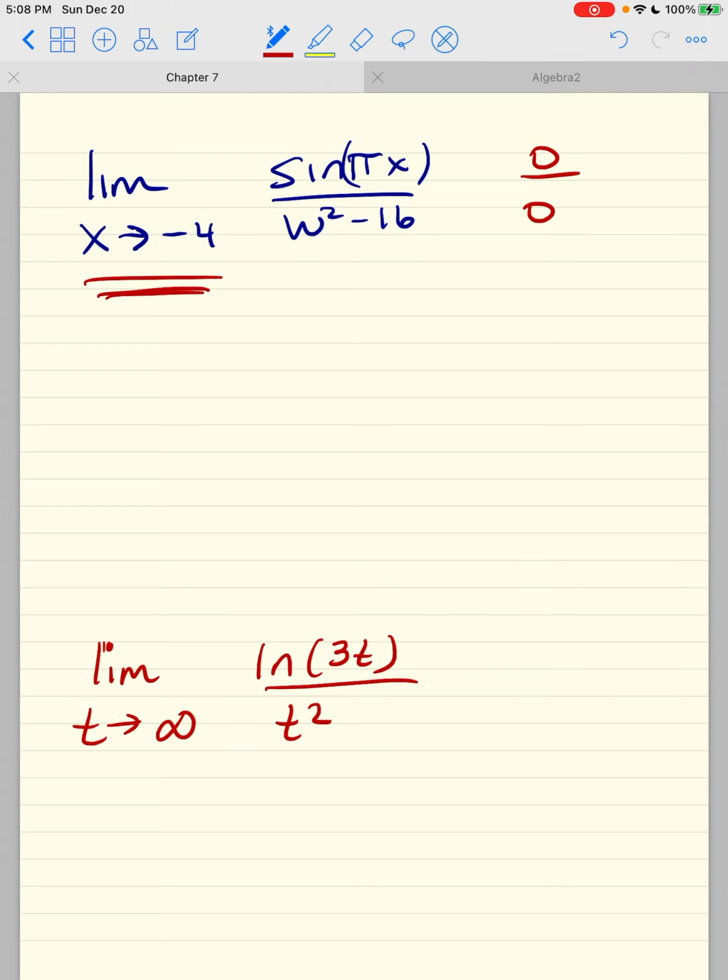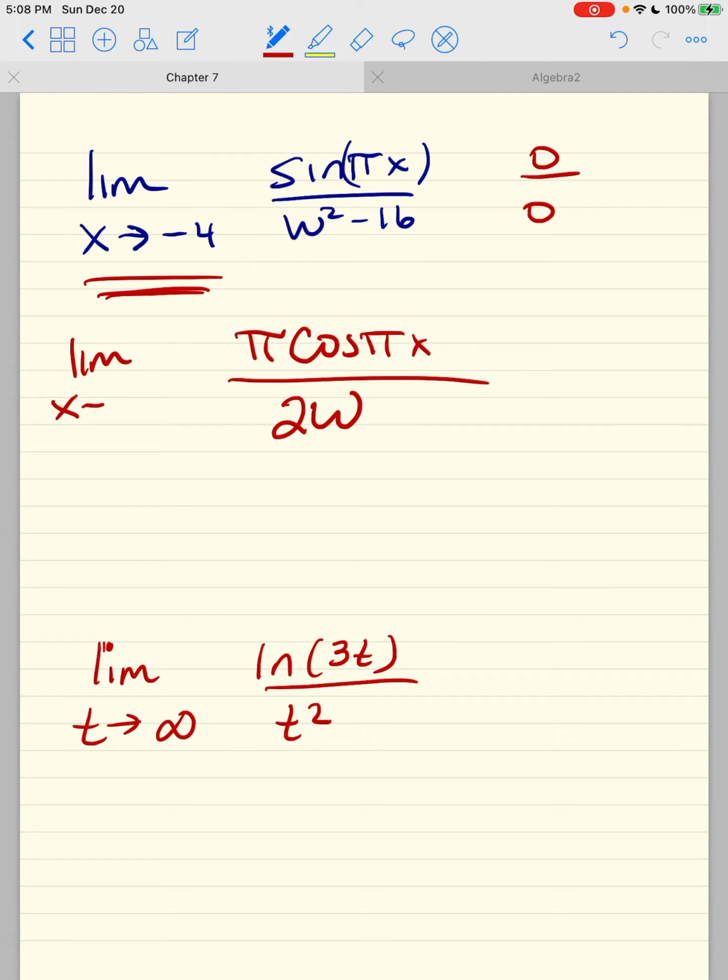So let's take the derivative of sine angle. The derivative of sine angle is cosine angle times the derivative of the angle, and the derivative of w squared minus 16 is 2 times w. You're going to reapply,